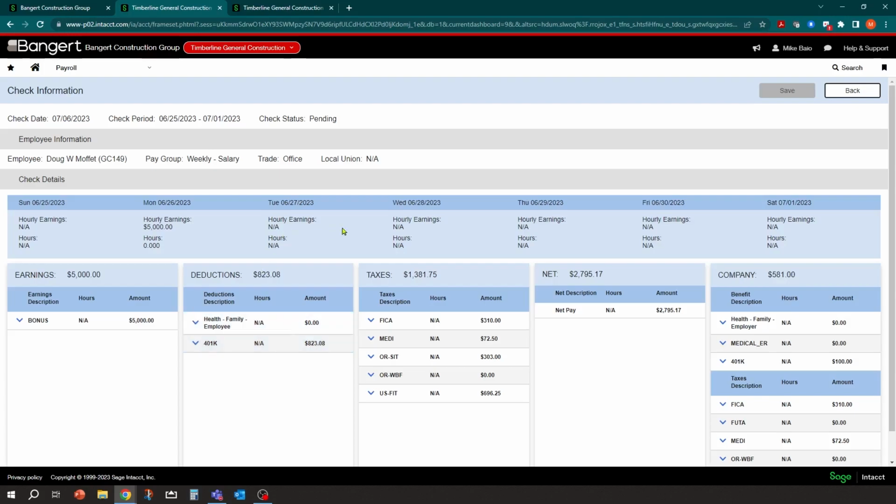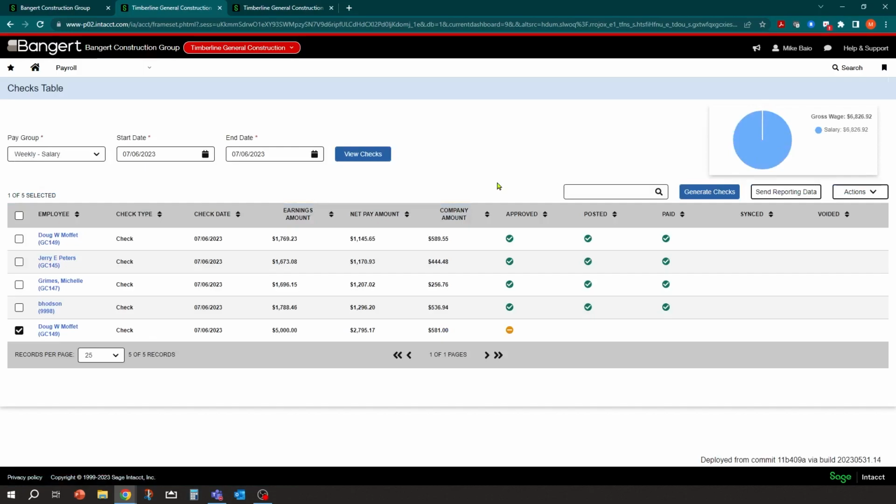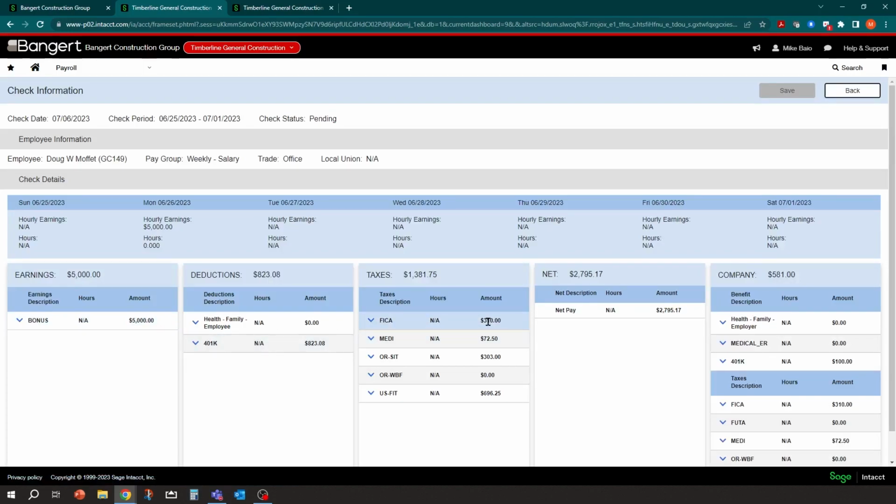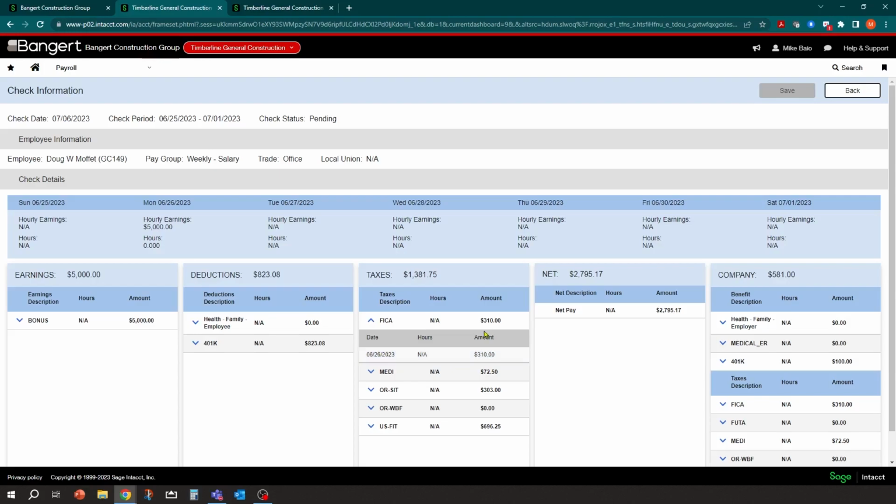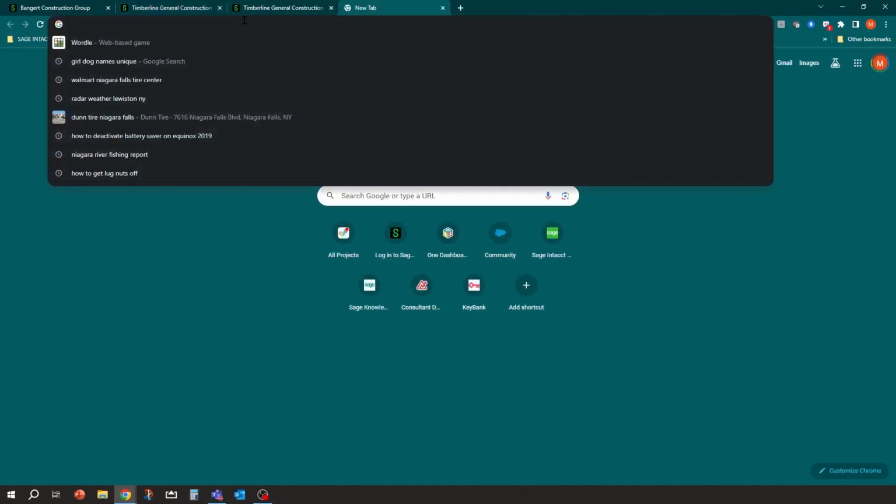Okay. Now, the other scenario is in some cases, you might want the taxes to calculate differently. So you cannot modify the taxes on the fly. That's one of the only things besides 401k you can't do. So what you can do is there's an awesome article. We're not going to get into details on it today, but there's an awesome article in the payroll help menu that you can see exactly step by step how to do that. The easiest way to get to that, if you do need it in this scenario, is to go into